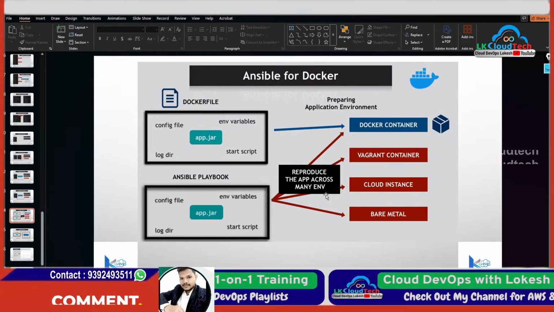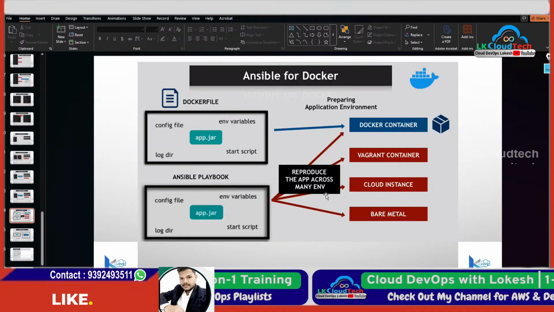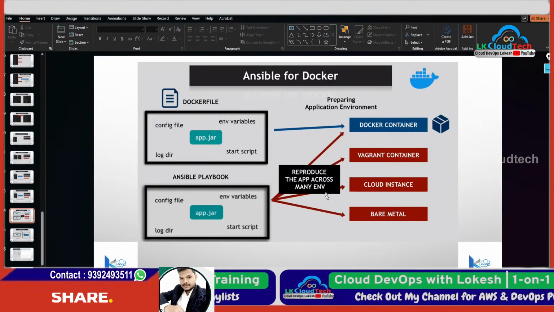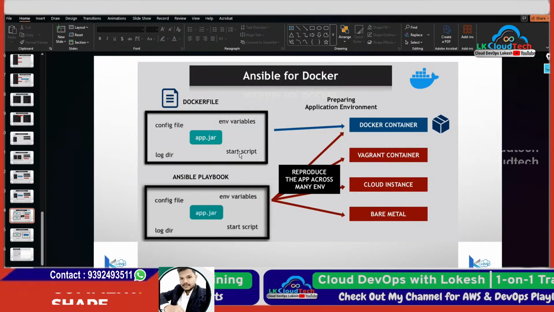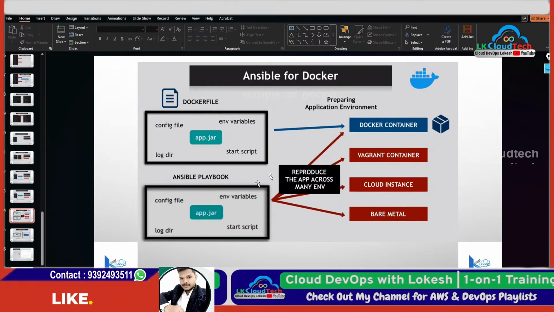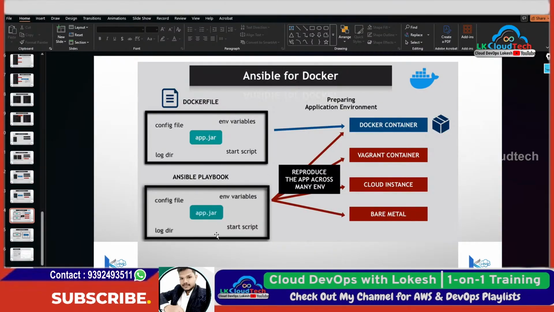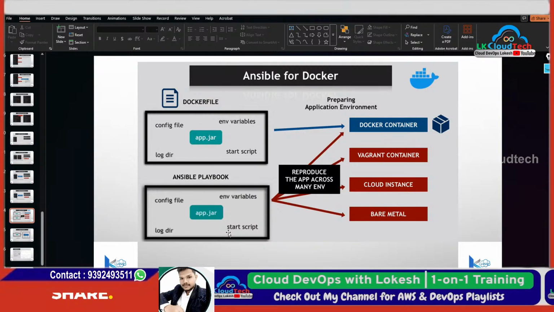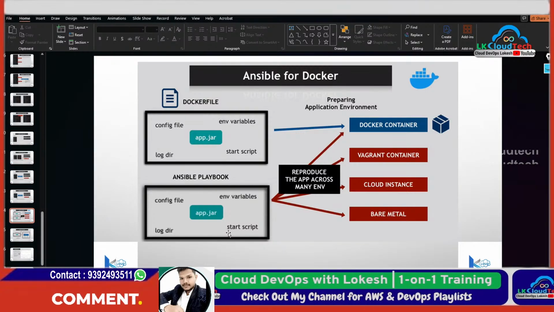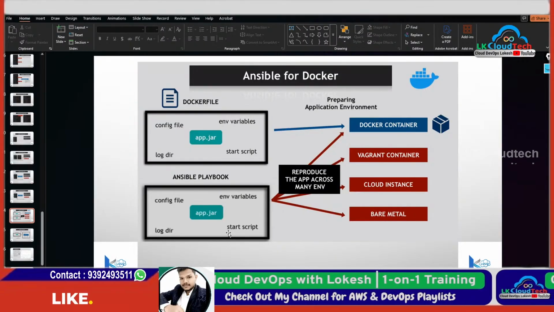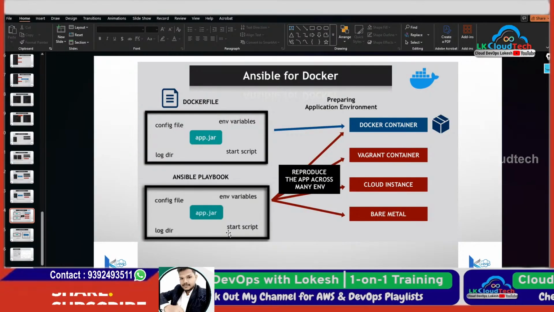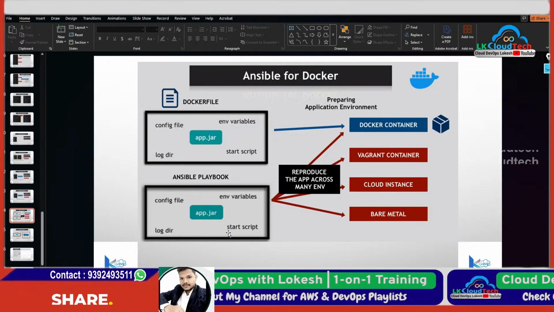Okay, the environment of the application starts up with the Dockerfile. It contains the application. So a Dockerfile only creates the Docker containers. But with playbooks, application artifacts, and all these things around it, instead of just creating a Docker container, you can basically create the container, deploy it, and deploy the application and all these environments,